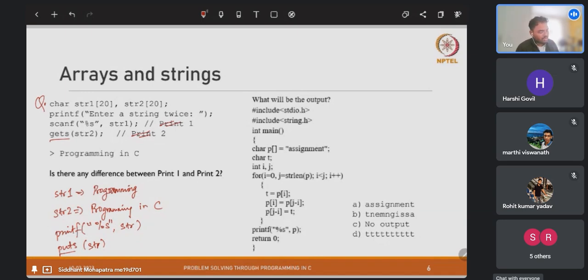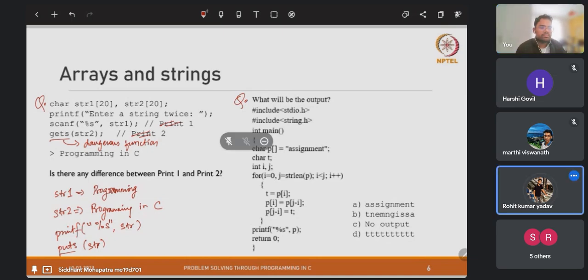Okay, so yeah, let me just write this down. So this is a dangerous function. Okay, all right. So if that is clear, let us see the next question. Okay, so in the next question, we have